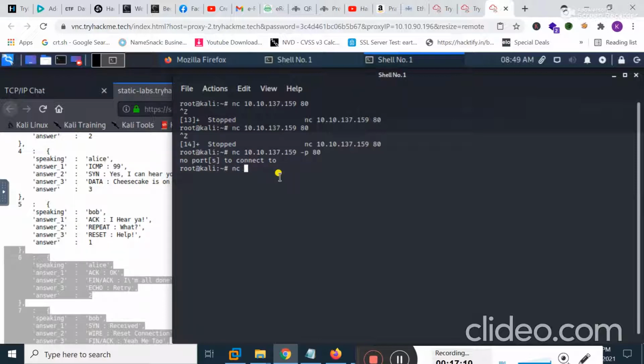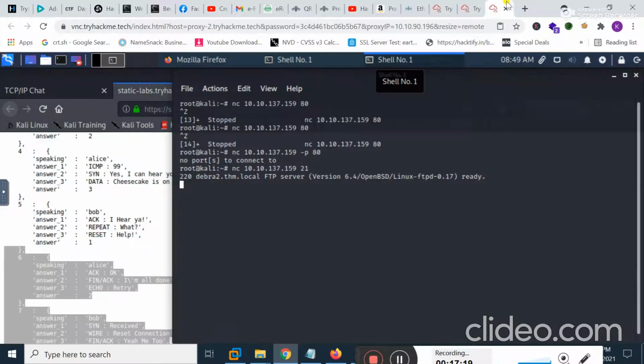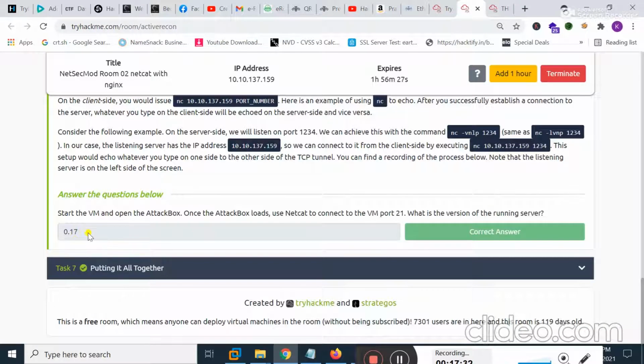If I type here NC IP address port 21, and what is the version of the running server? The version of the running server is this one. Here you can see obviously on port 21 FTP services are running and the version of this FTP is 0.17. So the answer is 0.17.